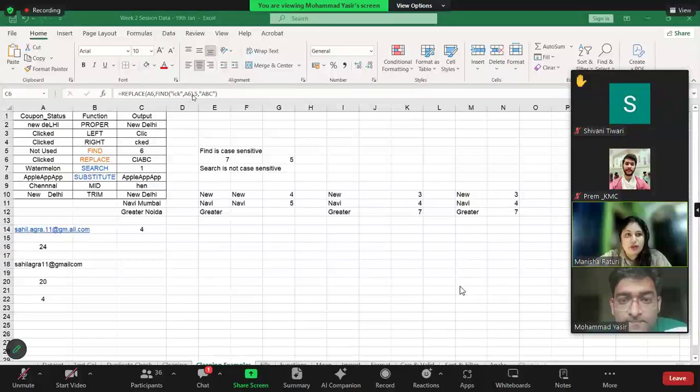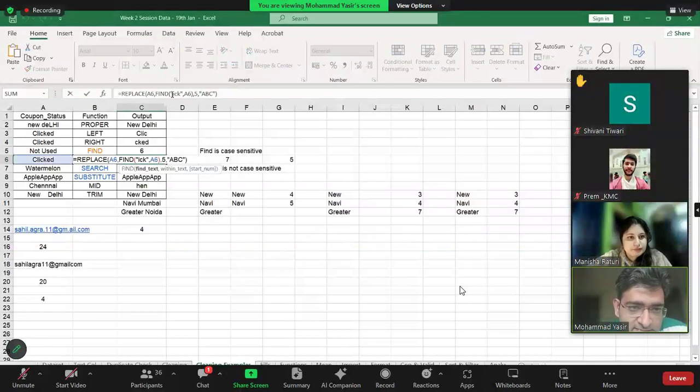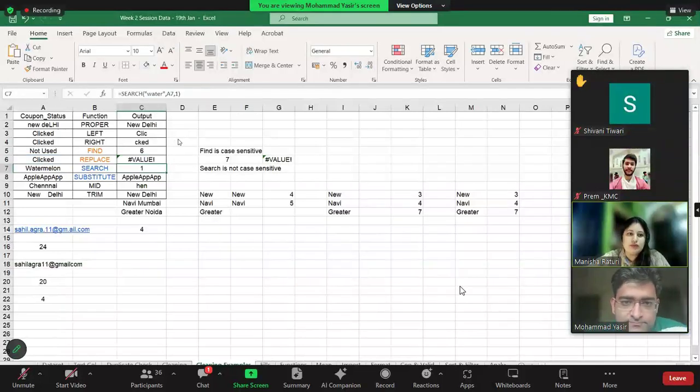Sahil, can we apply the formula to all the cells by scrolling down to the bottom? Yes, we can, the same formula. And if any cell does not have the text to find, it will throw an error. So, for example, ICK is the string I want to find. Let us say there was something else here. It is not available, so it will throw an error. Right?